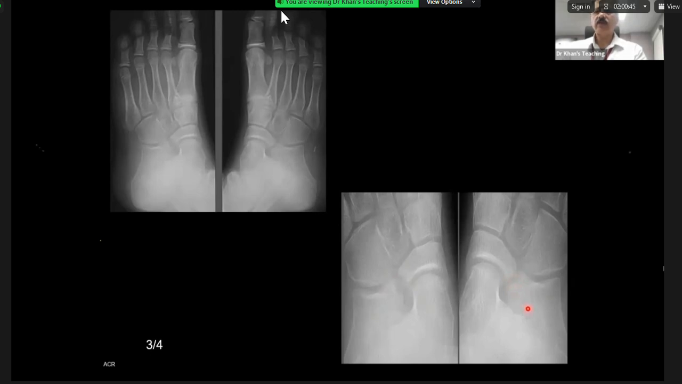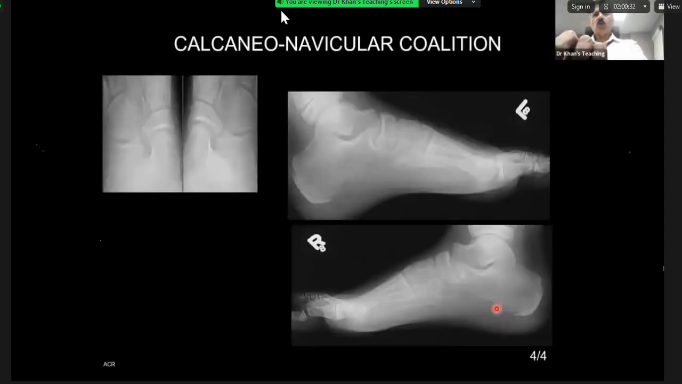What comes to your mind? Calcaneonavicular coalition, but fibrous, not bony. Excellent, well done. Okay, so